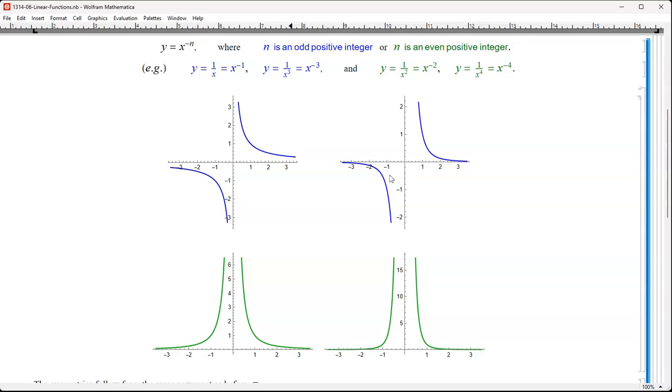This one is 1 over x to the third power, x to the negative third power. And this one here is x to the negative fourth power. Odd for blue, even for green. And we already explained the reason why we have that kind of symmetry. Even kills off negatives, so we have symmetry about the y-axis. Odd keeps the negatives, so if I flip negative both x and y, then we have a symmetry